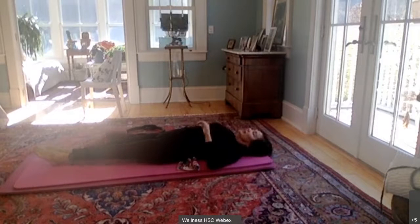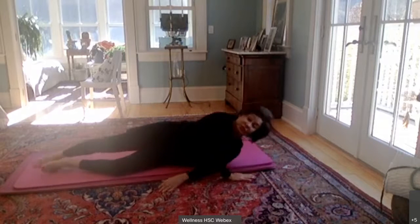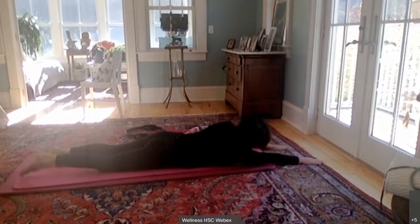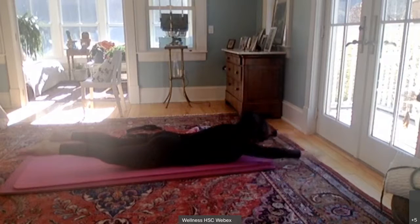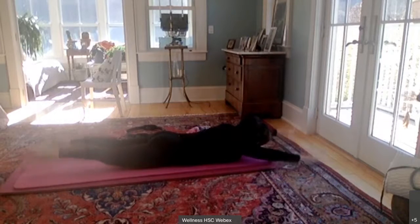Good job. All right, we're going to reverse. Go to prone again and do our swim series. Hands above our heads, shoulders in their sockets, legs long, lift our thighs, lift our hands, one arm, one leg, flutter kick. Don't move your trunk. Keep your shoulders in their sockets and breathe. Inhale for 5, exhale for 5. Inhale for 5, exhale for 5. Inhale,